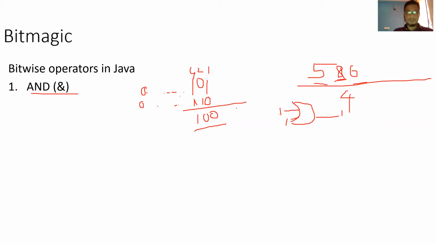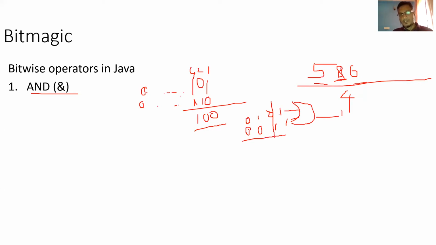So this is the common operation we do with AND. The basic logic is that if both bits are 1, then only the output is 1. Otherwise, the output is 0 for all the other 3 combinations. One combination is 1, 1, where the output is 1. Another can be 1, 0, another 0, 1, and the last combination can be 0, 0. These are all the 4 possible combinations, right?